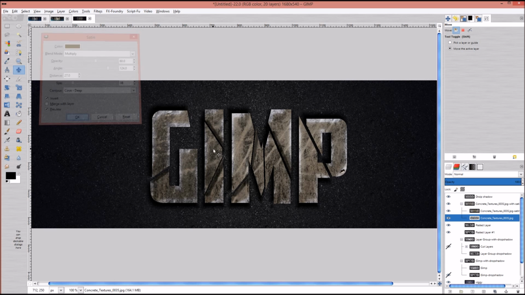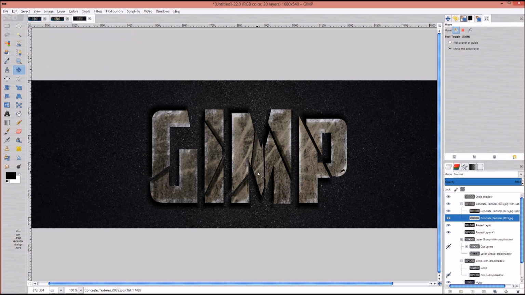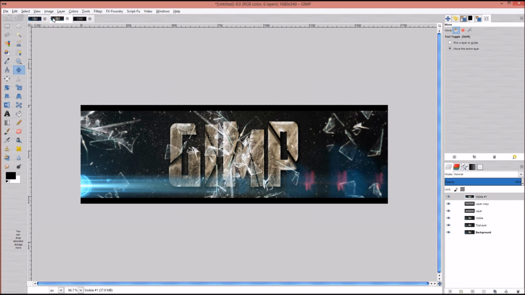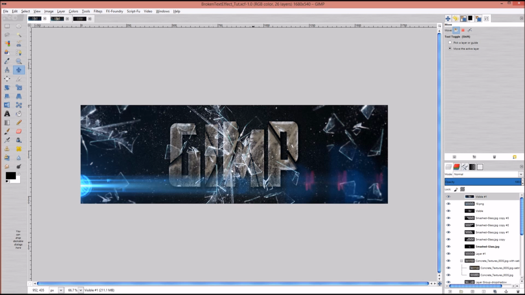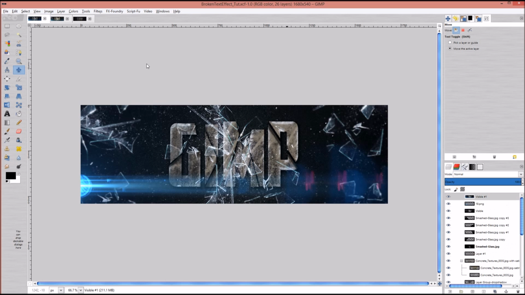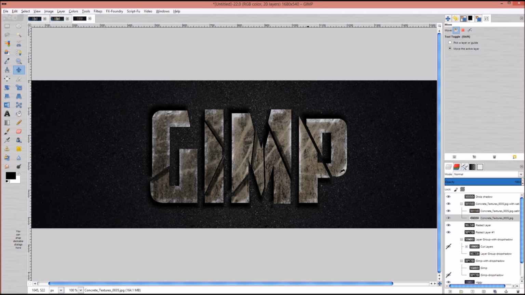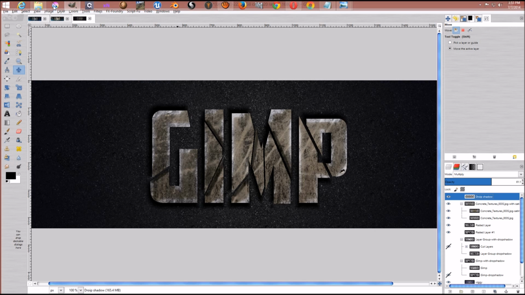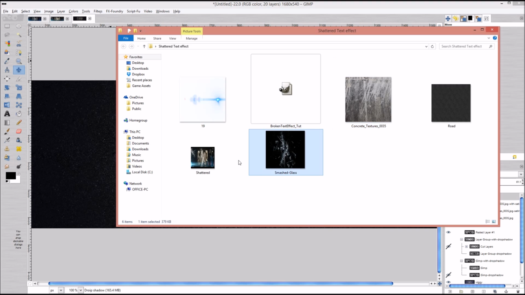And that's just going to work its little magic there. And now if you could see, let's go back over here to this one. It kind of darkens it up and brings out the texture a little bit. And so let's go back to our drop shadow. Got that. Okay, next up is we are going to go ahead and drop in the shattered